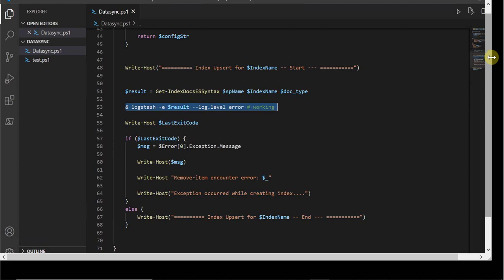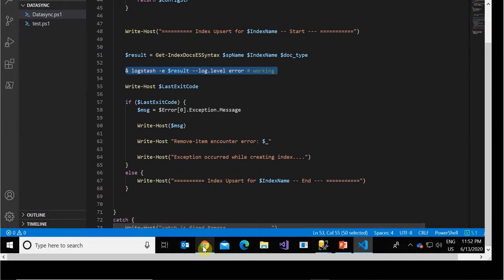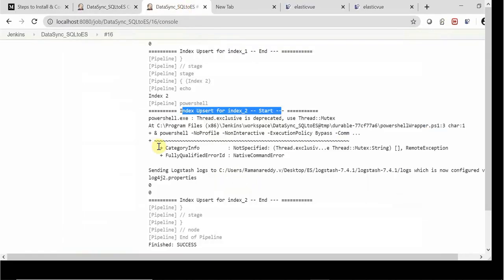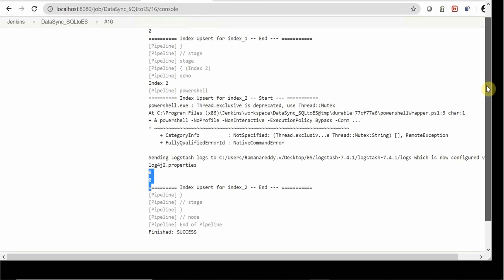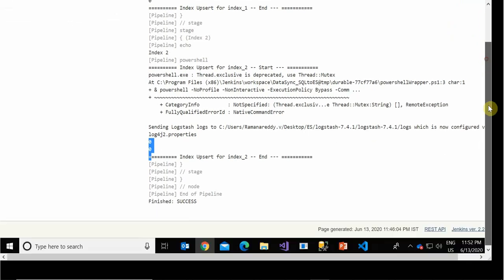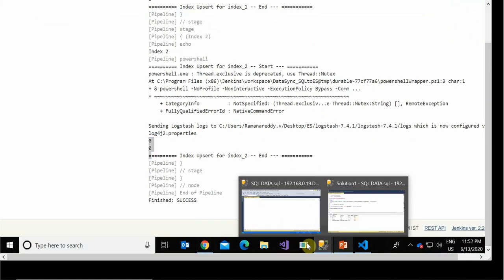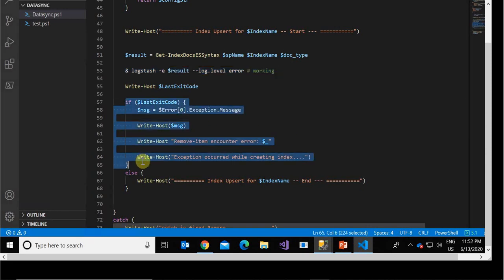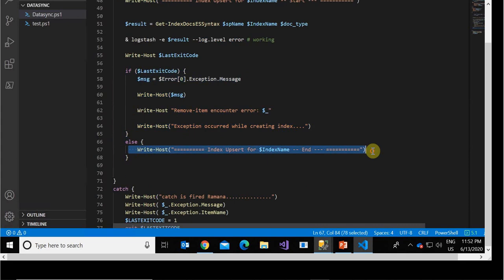So let's move to Jenkins. In build history, it gave 0. 0 means success. If Logstash throws any error, it will return 1, and at that time the build fails. Based on the errors, we need to work. Whenever errors come, it will block the execution. If it is success, it ends.